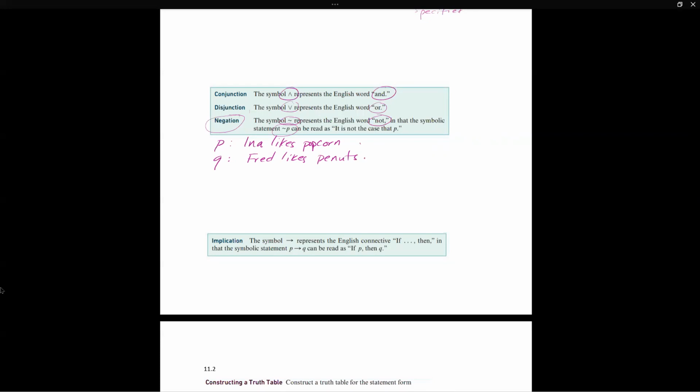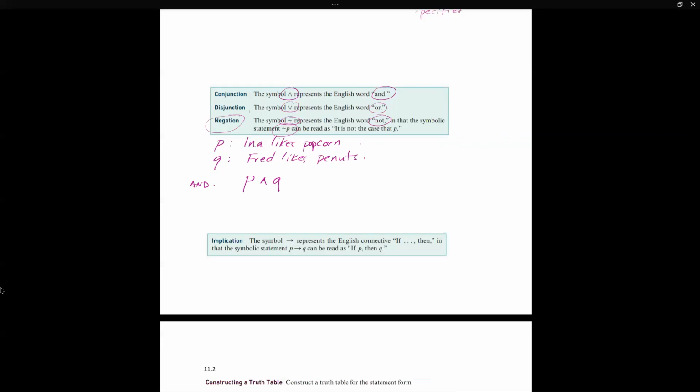So let's write some statements with logic. So you'll see how instead of saying Anna likes popcorn and Fred likes peanuts, I can just do this. So you see how it turned to math.